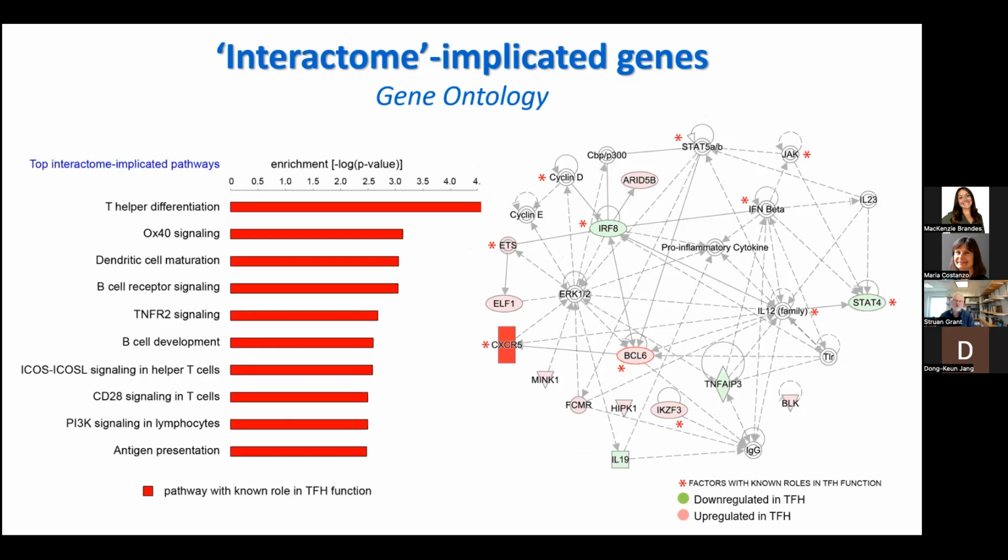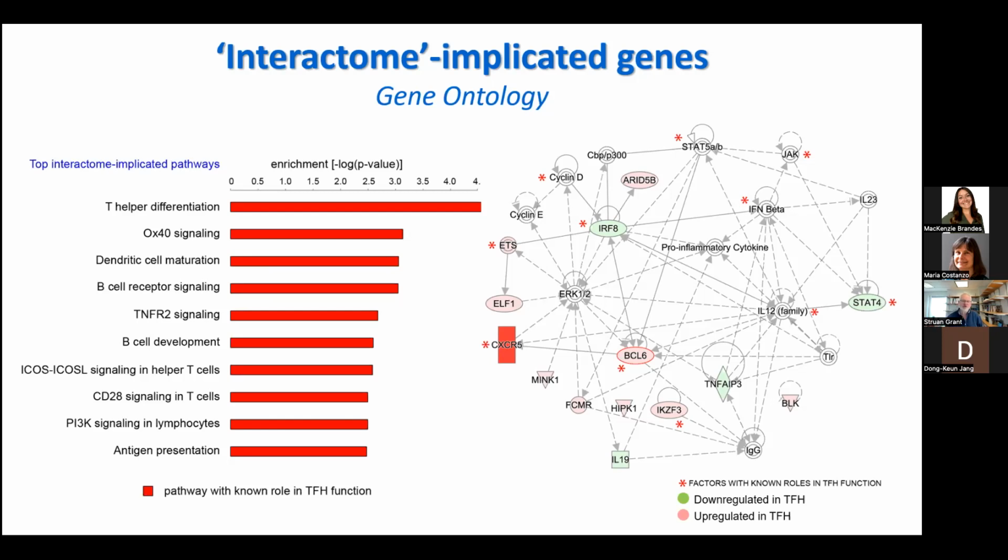Now, of course, we carried this out in TFH cells, so that's one point, but these SNPs were not discovered in any particular tissue context. They were found in blood-derived DNA, presuming that they're in every cell type in the body. But it did feel like we were closer to the biology doing this with our approach.